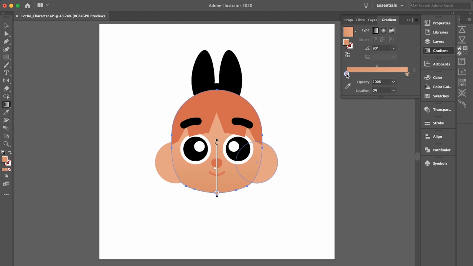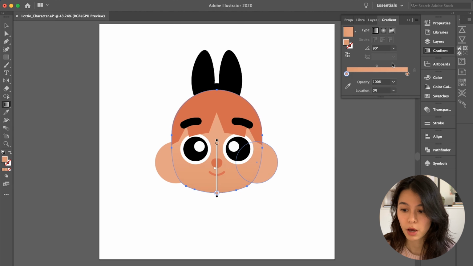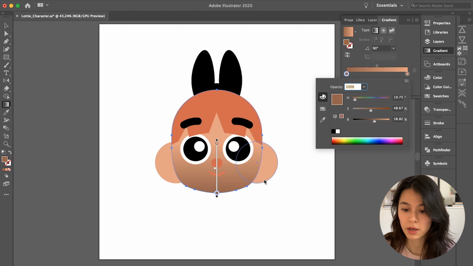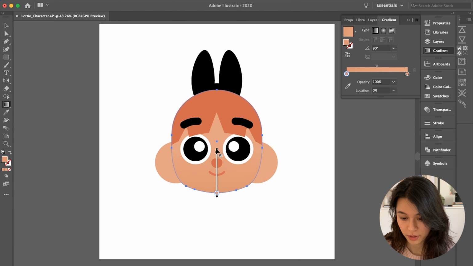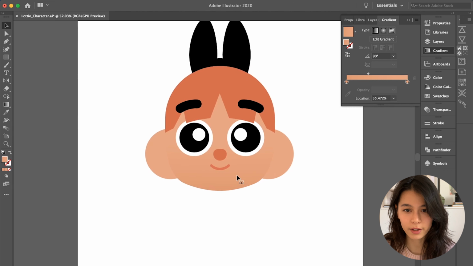Now what you want to do with gradients to make it look slightly a bit 3D is to make the variation in color, in gradient color, very subtle. So it's barely noticeable. Because if you make it too much, like for example like this, it doesn't look 3D anymore, right? Same with if I had to make it saturated, it doesn't look 3D anymore. All right. What you can also do is slide this, it's the same point here, this little white point, slide it down. There. If I lean back, it's very, very subtle. I'm not sure if I like it like this right now, but